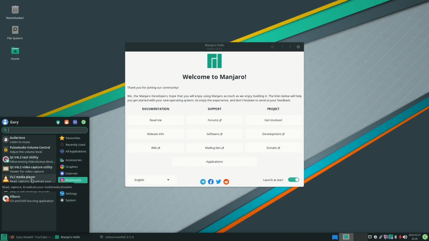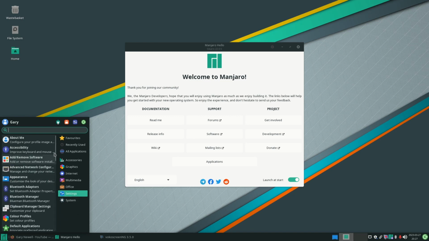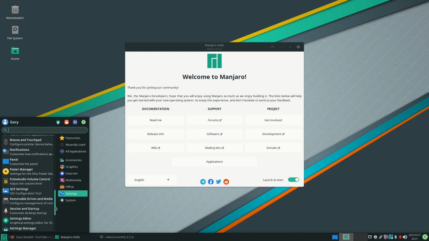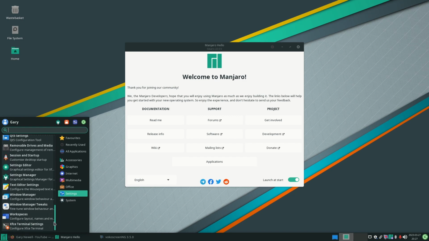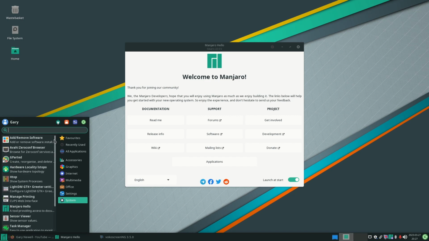You've got VLC media player for watching videos, and then you've got a DVD burning application. Vokoscreen doesn't come by default. I installed that so that I could record this video. Under Office, we have only OnlyOffice desktop editors. We'll come to that shortly. It's an interesting choice. And then under settings, we've got a whole host of settings which we'll go through as part of this review. And then under system we have some more tools,